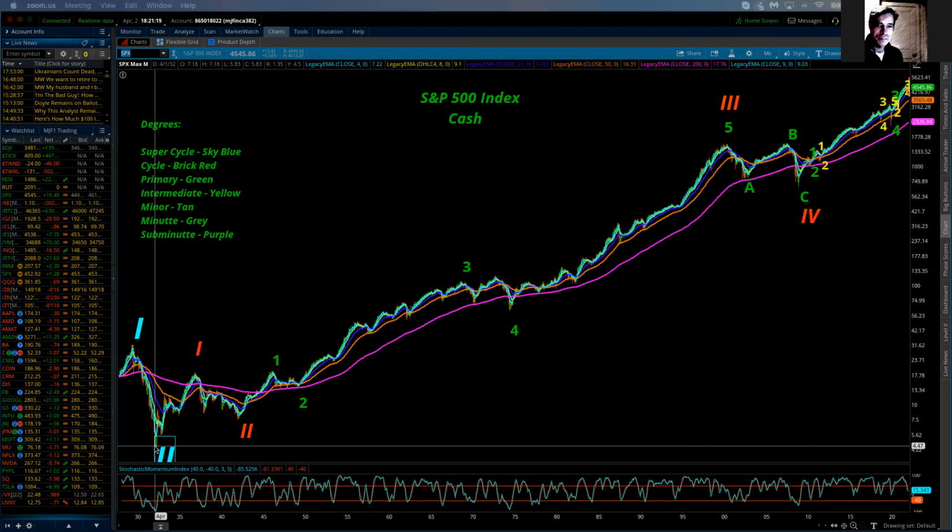So it encompasses, well, way past my lifetime. Most people that are listening are our parents in many cases, and of course, in many, many cases, our grandparents. So this takes many, many generations to fulfill. And this third wave was the longest and the strongest part of the entire cycle, which still has, at some point, more upside to do. But first, we have a fourth wave correction to put in on a very large cyclical basis.